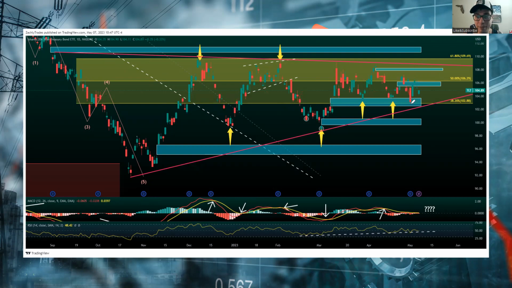Now, we came down, we filled most of this gap down here. We went to about 102 recently, and then we saw a huge spike up afterwards, and we started to pull back again. And as I mentioned, it's been very tough for a lot of traders here. One thing that I want to point out is that there still are really good trading opportunities in the bond market if you know what to look for, right?